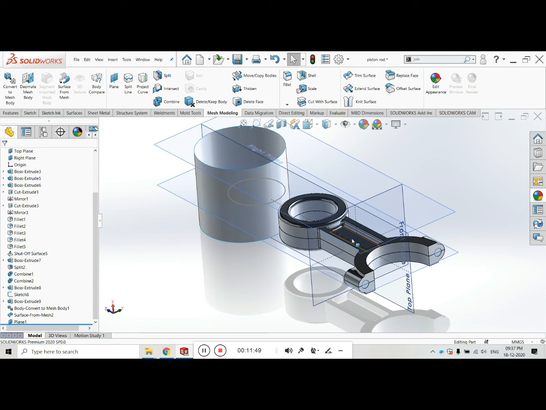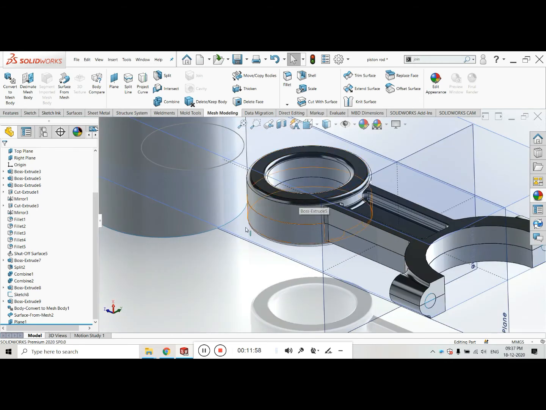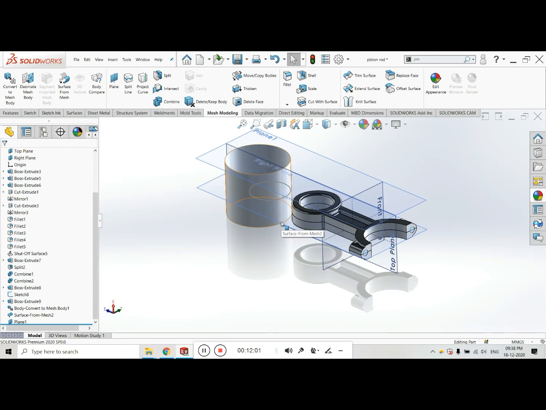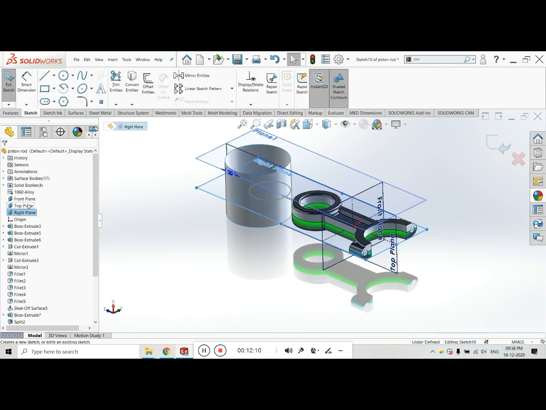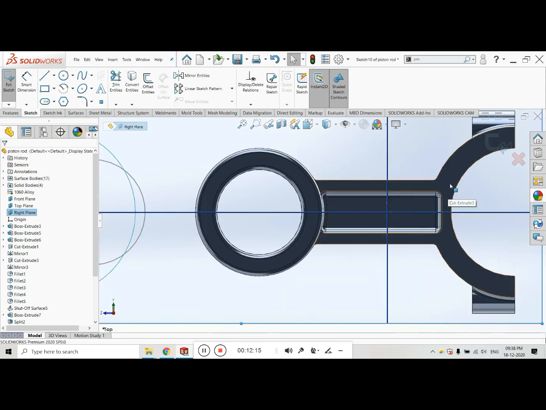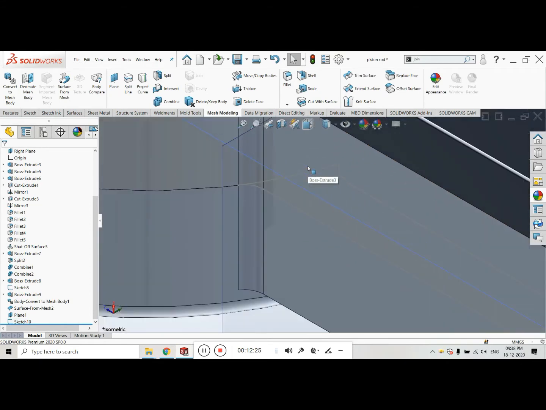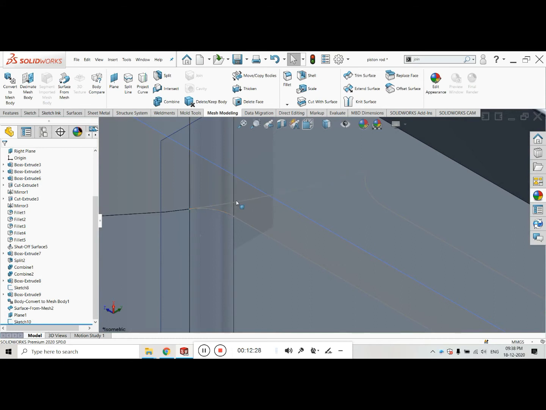For that I want a sketch. Okay, now I will make one sketch on this. So just click this face, wait a second, that is the top, not top plane, right plane. So right plane, create a sketch, control 8 and make a sketch of this. I'm selecting this and converting it, and then clicking on exit. Okay, you can see here the sketch has been created. Here you can see the gray line, which is the sketch we have made. The name of the sketch is sketch 10.